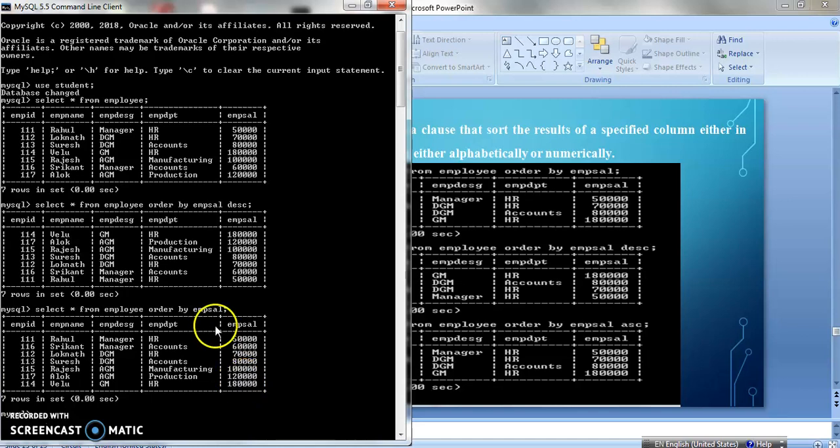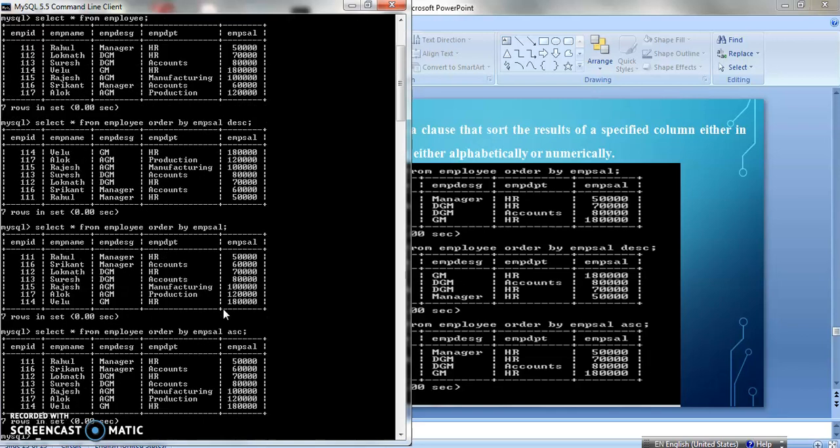Are you getting my point? So if you write nothing for the order, it will by default execute in ascending order, or for ascending I can write the phrase ASC. Correct? Now this is numerically ascending or descending.